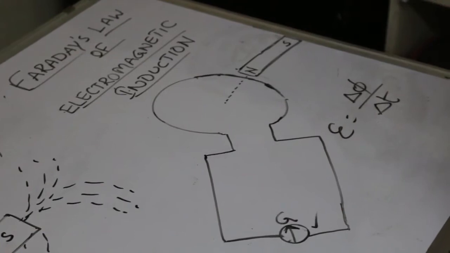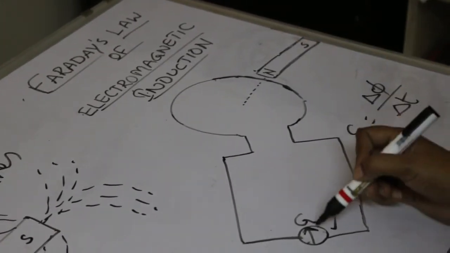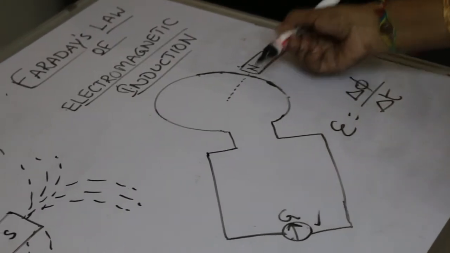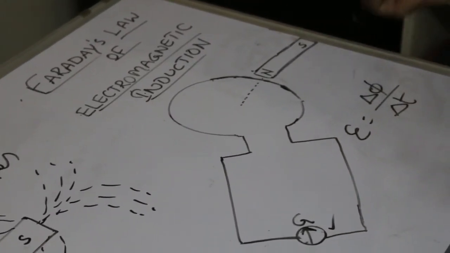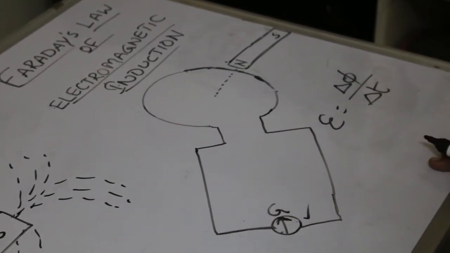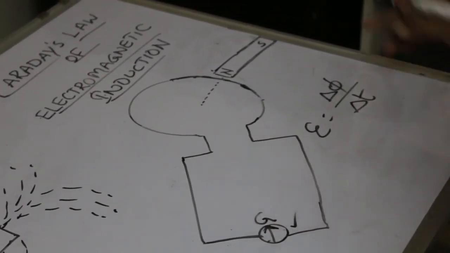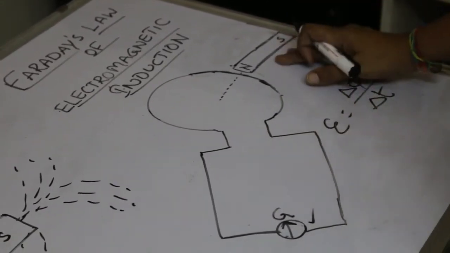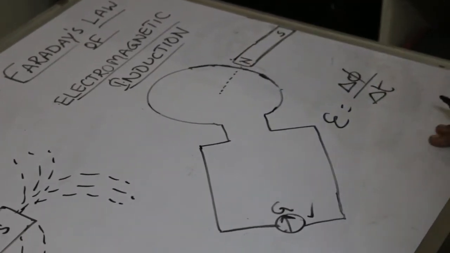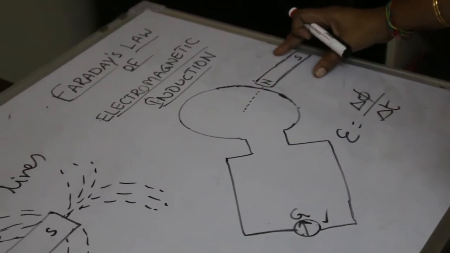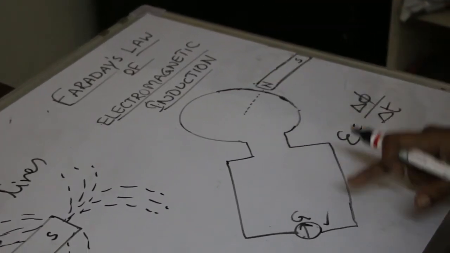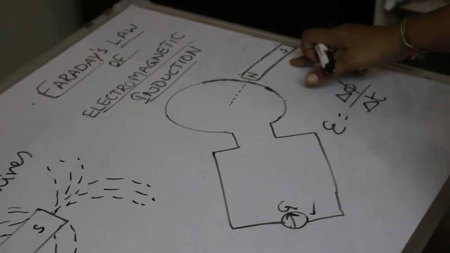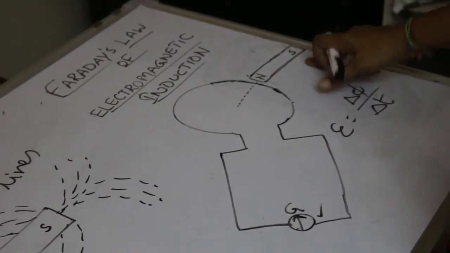When you are bringing that magnet close towards the coil, you can see the deflection in the galvanometer on one side. And if you are taking the bar magnet away from the coil, you could see that the deflection is on the opposite side. And as fast as you are moving, it will show the reading like that only. Now keep the magnet stationary and move the coil. Bring the coil close to the stationary magnet and away from that. Then also you will observe the same deflection in the galvanometer as in the previous case with the magnet.